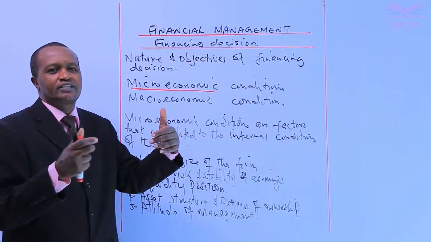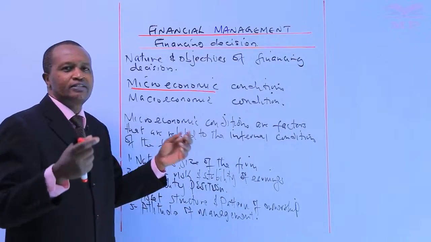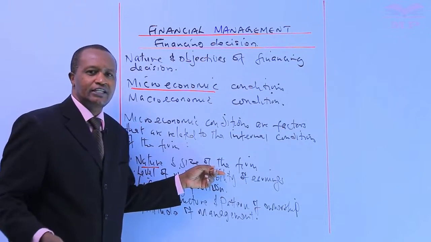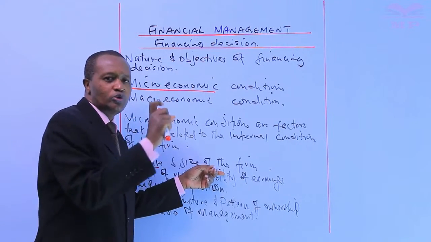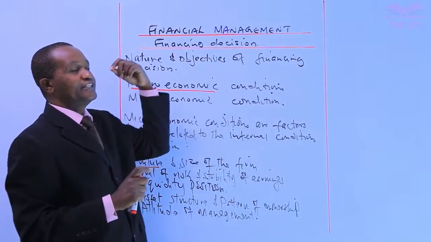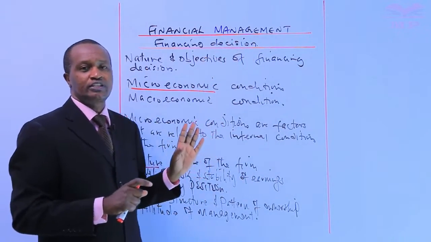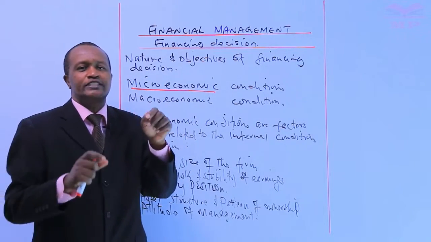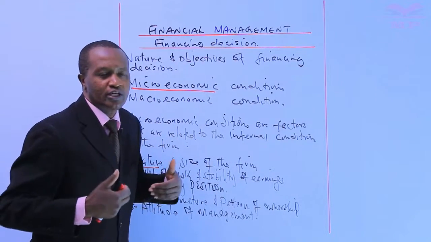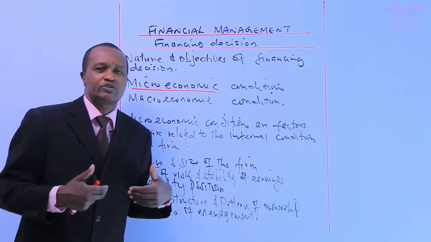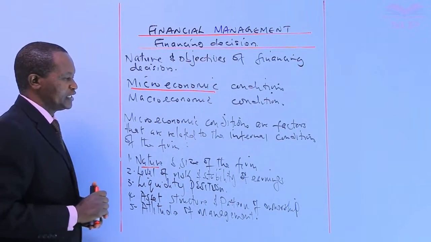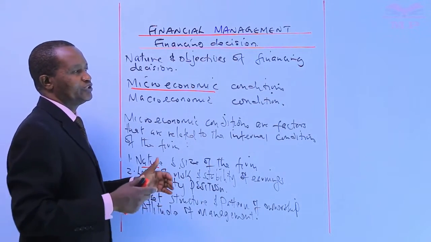Small firms may obtain their fixed assets on lease or hire, but large firms would need to construct their own buildings. They may need to assemble their own plants and so on. So small companies will have lower goodwill in the capital market, and so their financing decisions are different from that of larger firms. Larger firms will find them trading in stock exchanges and so on. And it is because of the lack of sufficient goodwill in the capital market that small firms are largely dependent on internal finances. And that is one of the reasons that their dividend decisions are different from that of large organizations. The dividend decision, candidates, as we'll be studying later on, is also dependent on